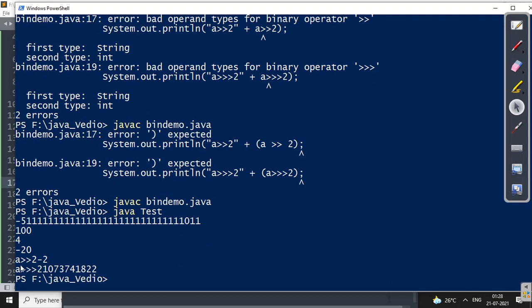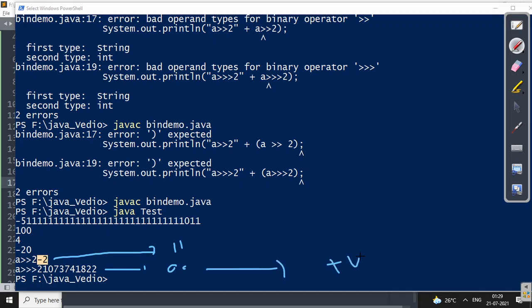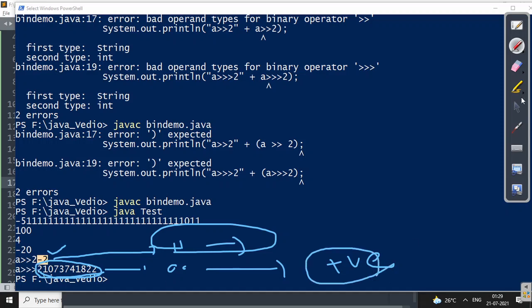See, when I am writing A right shift of 2 only, -2 is the answer. When I say A unsigned right shift 2, can you see the number? It's a bigger number, right? Here the first one will be 1 fill, and this one will be 0 fill. The second one will always be positive, and the first one depends; it could be negative or positive. If you are operating on a negative number with a right shift, it always gives you a negative number. But here, even if the number is negative or positive, it always gives you a positive value.